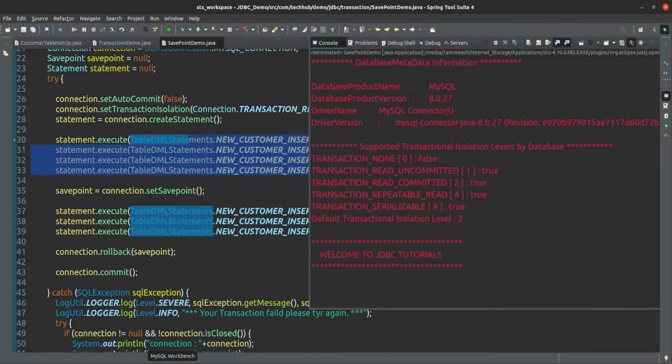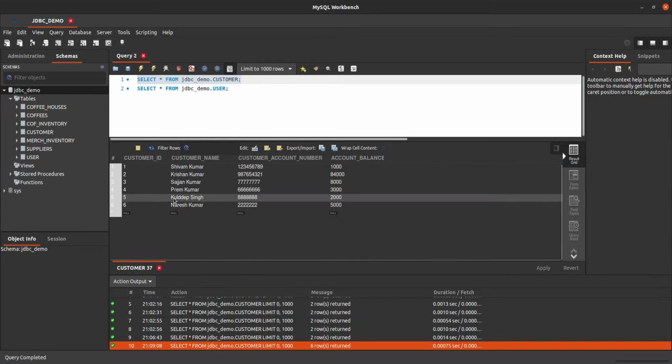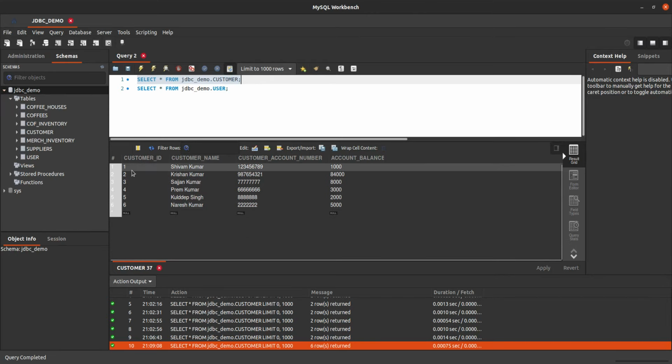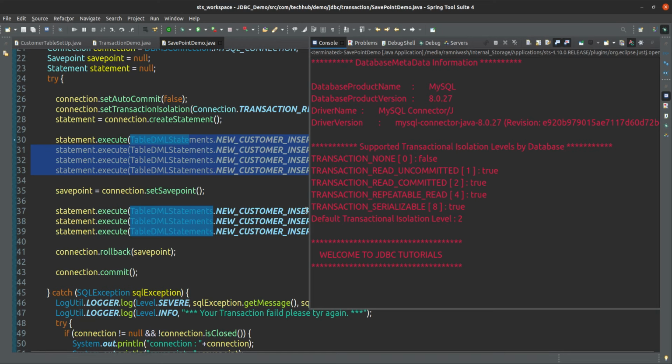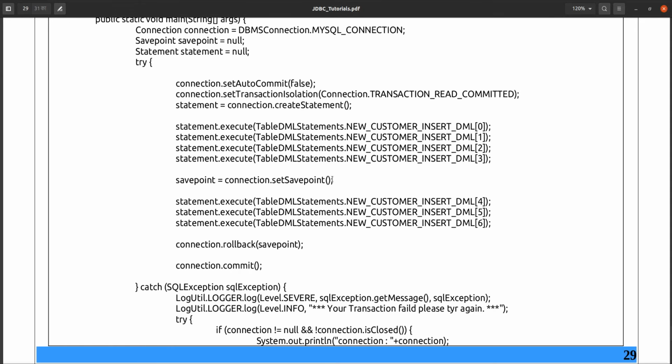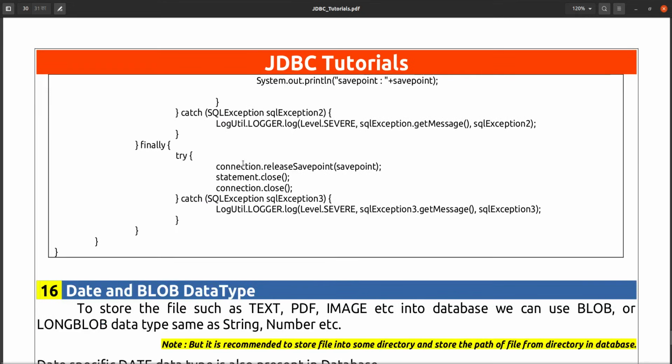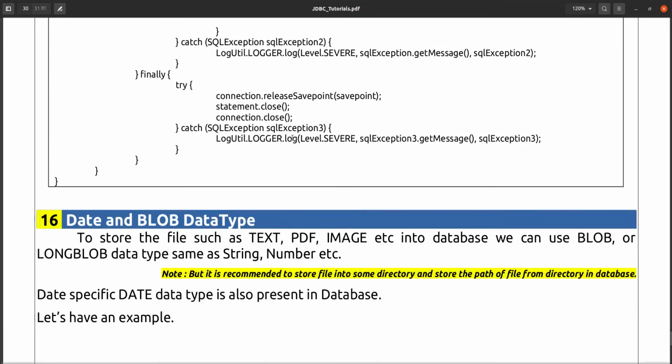If you see in the database, how many total are there? 6 are there. 4 plus 2: 4 we have added, and 2 were already there. So total will be 6, and these 3 will be discarded. So this is the use of rollback. We can do a rollback to the specific point.